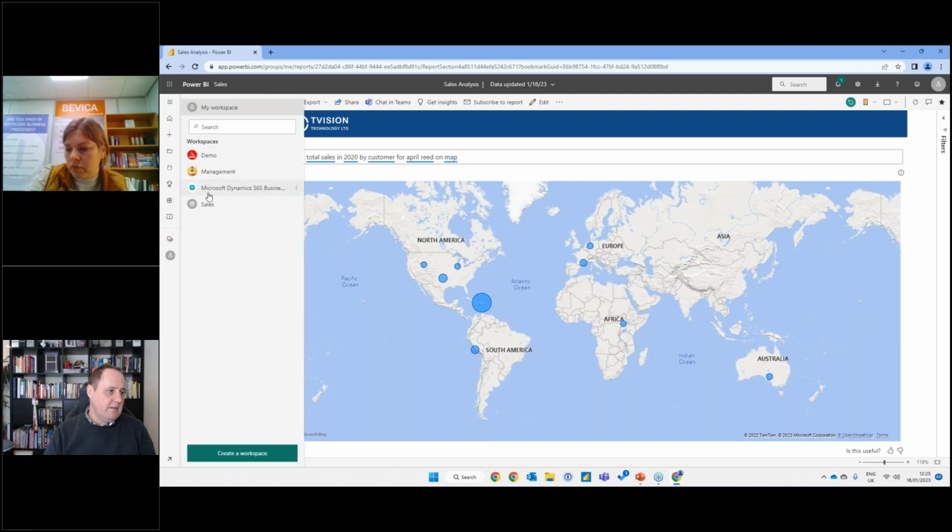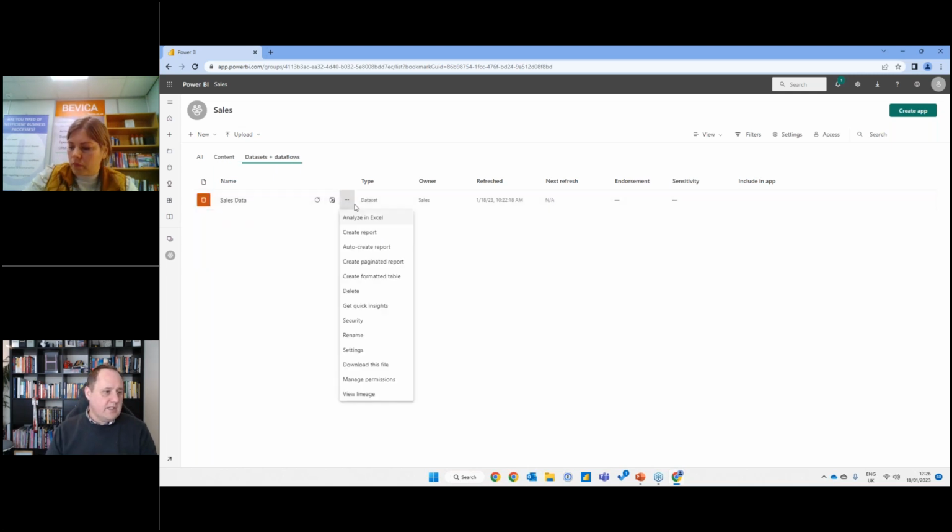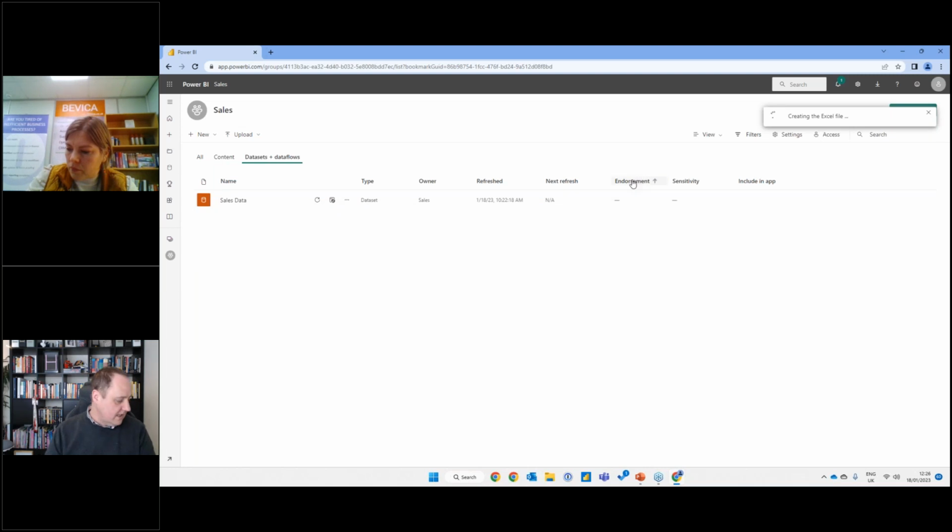Okay, so next bit, if I may. What we've looked at there is reports and dashboards. Great, we've looked at alerts, bookmarks, drill downs, and Q&A. And this is great, but sometimes you just want Excel. I think that's the beauty of Power BI and Microsoft, they recognize that sometimes you're just going to want to see the data and play with it. No problem at all. Again, with the right permissions, so we can disable this by user, by team, by report even. I can come here and say I want to analyze that sales data in Excel.